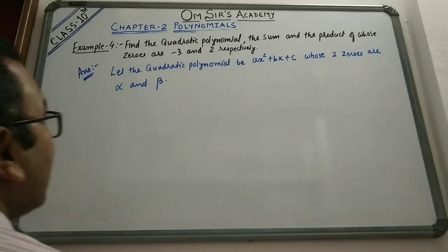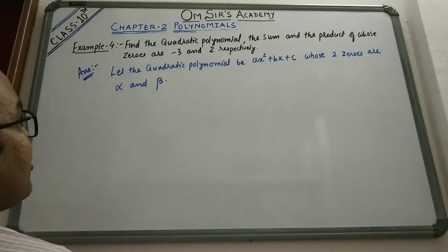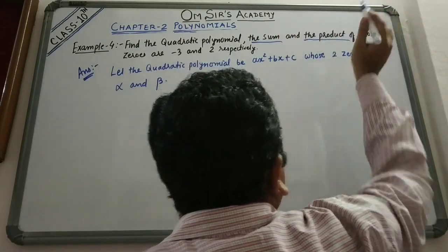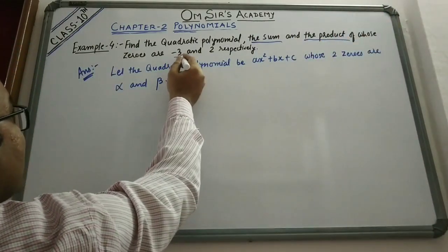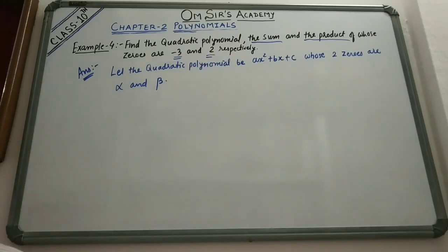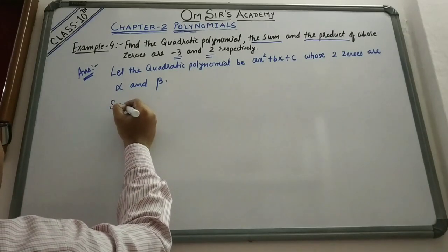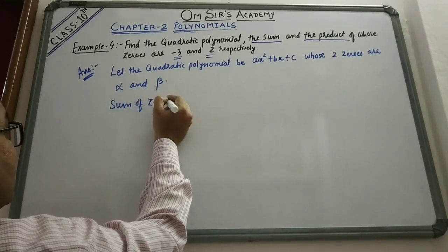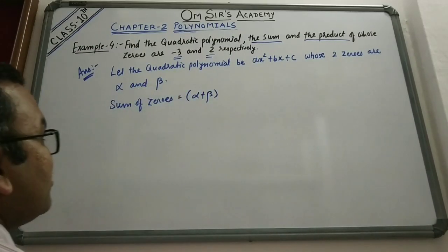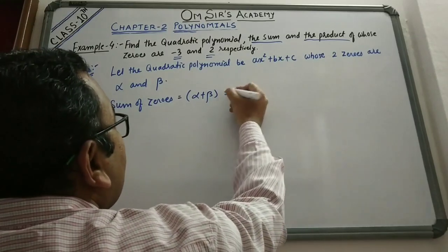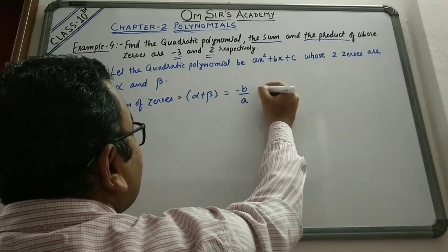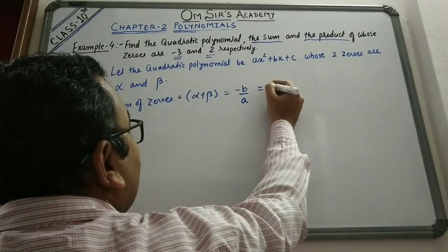Is it clear? So now what will be the sum of zeros? What is given to you? The sum of zeros is given and the product of zeros is given. Okay, sum of zeros कितना है? -3, and the product is what? 2. Is it clear? So we can write it here as sum of zeros, that is equal to alpha plus beta. ये दो zeros है, उसका sum जो है that is given to you as -3, that is equal to minus b upon a, and that is given to you as -3.